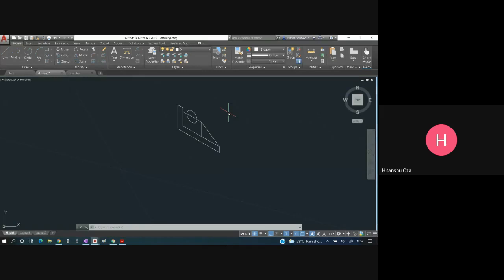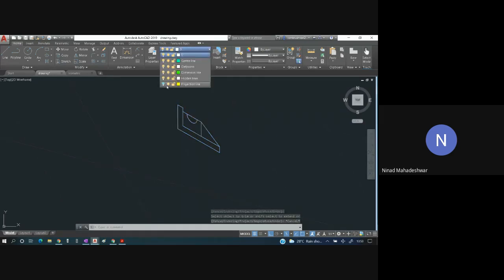Yes, sir. Since it is a semicircle, the upper part has to be trimmed. So Control A, what I'm going to do is trim this section. Everybody has understood this.